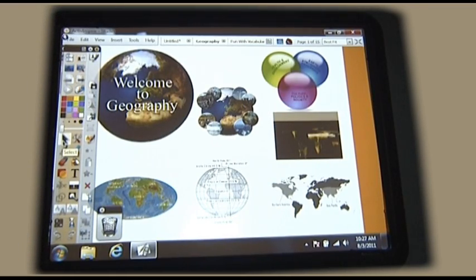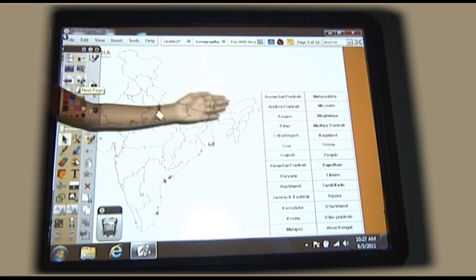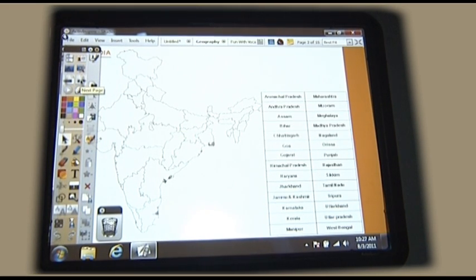Now the advanced tools. The first part was the basic tools, where we can just use the toolbox and create it on the board. The next is the advanced part, where we can give commands to some flip charts and create some pages over here. First is geography, where we have this map and some states given at the side. Some of us really don't know which state lies where.